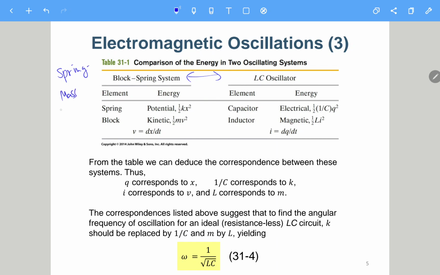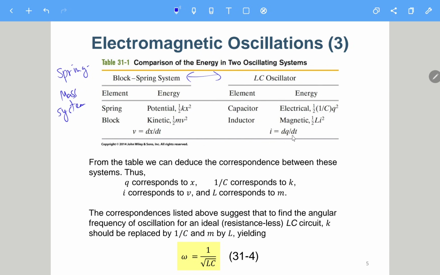Spring mesh system. The name doesn't really matter, just call it box spring. Spring mesh may be easier to pronounce. For the spring, the energy stored is 1/2 kx squared, which is Hooke's law. And for the block, the kinetic energy is 1/2 mv squared. So you can see these are the analogy. You compare this one to this one, this one to this one, and then this one is another